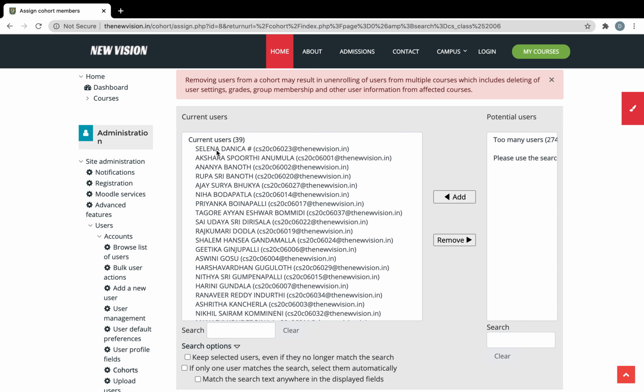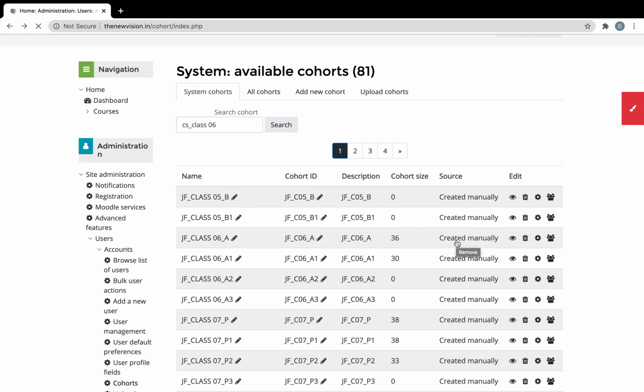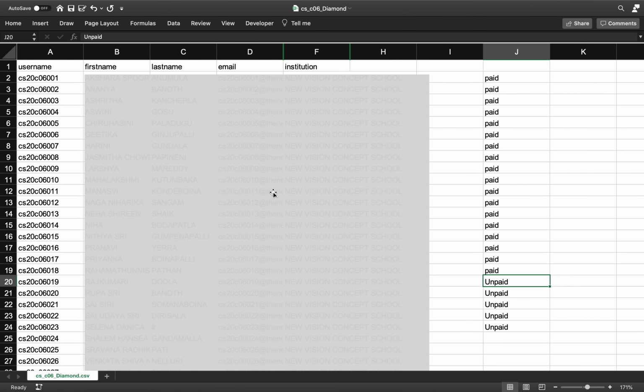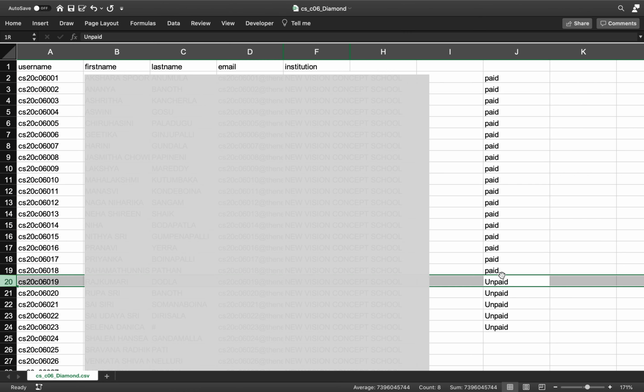So if you want to remove any particular user, let us say Ananya Banot did not pay fees, you can click remove. If you click remove, they cannot see any courses. Or let us come back to our example here. Here we have the unpaid users list.